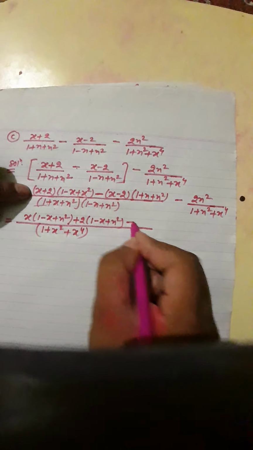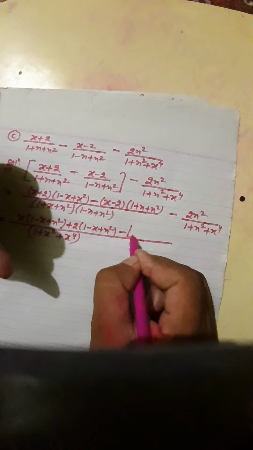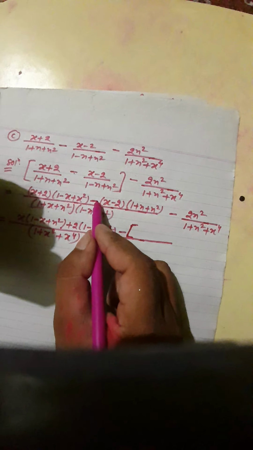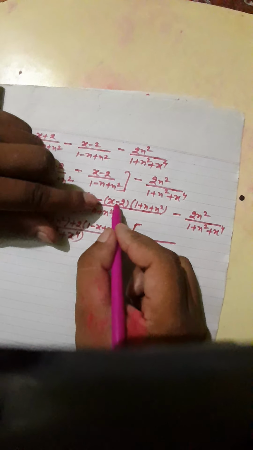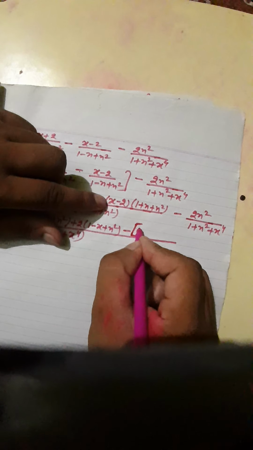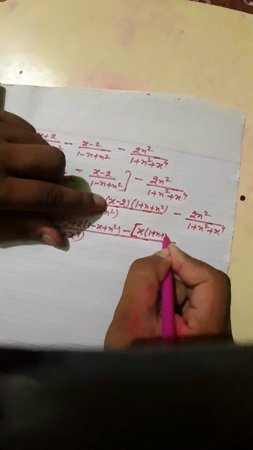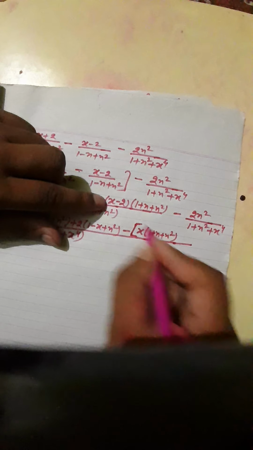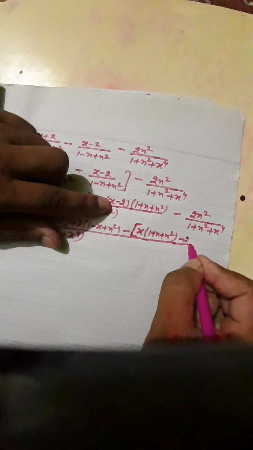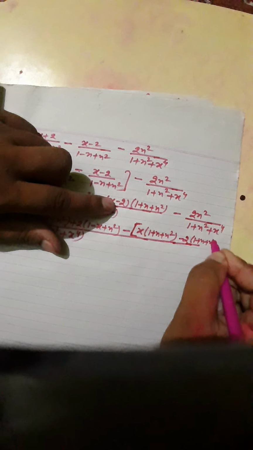And here also the minus we have as it is, and this also I can multiply in the same way. Here it is better to keep a bracket because this minus sign later changes all the signs inside. Now again x − 2 multiplies with 1 + x², so let's multiply. x multiplies with all of 1 + x², and here is minus 2, so minus 2 multiplies with all of 1 + x², we can write.